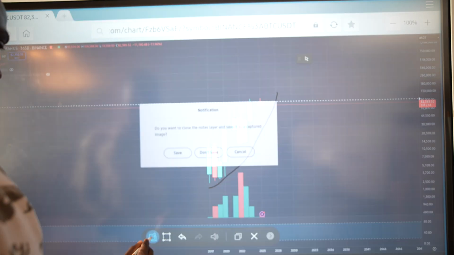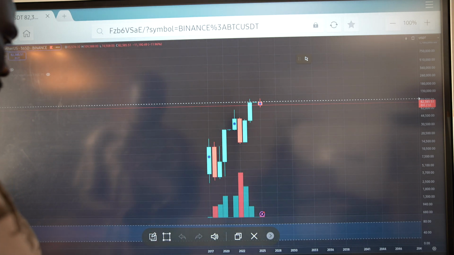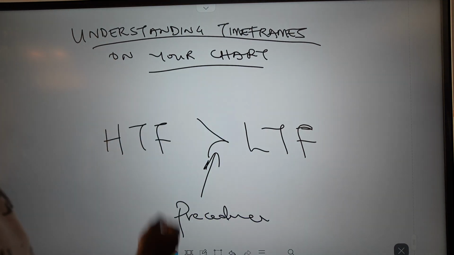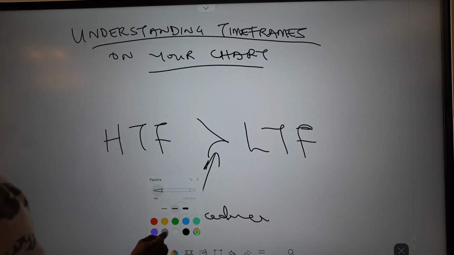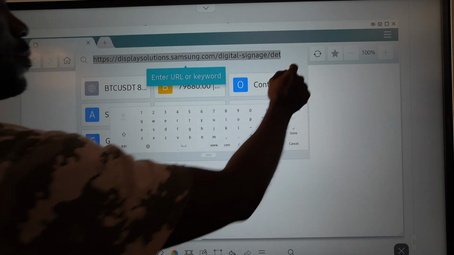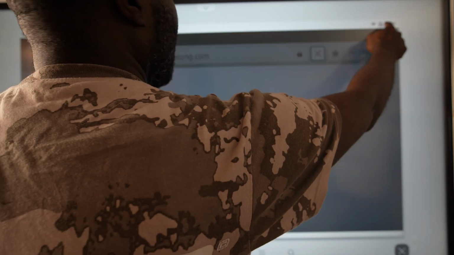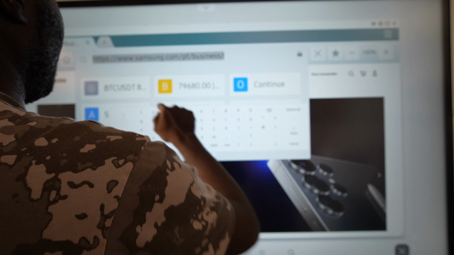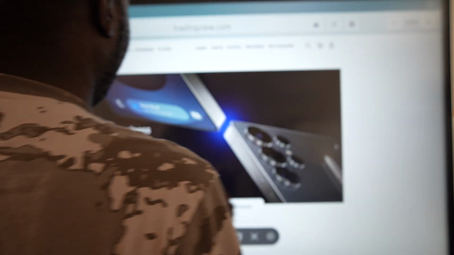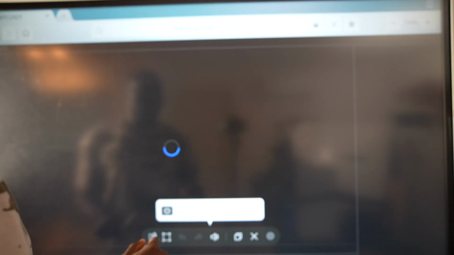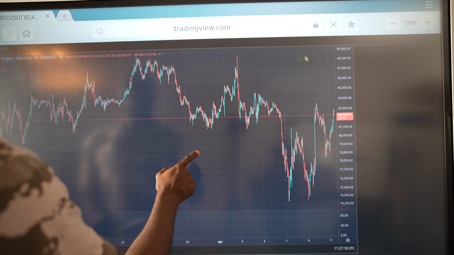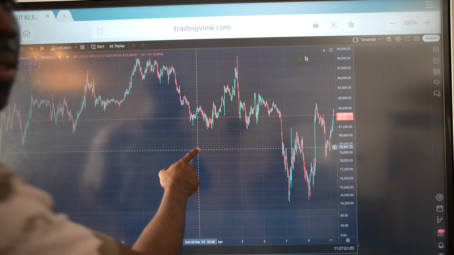Sorry, I want to change the color of my pen so that I don't confuse you. Sorry. I want to write on the chart in white. Not Samsung, please. Alright, sorry for that little break in transmission. Okay, so